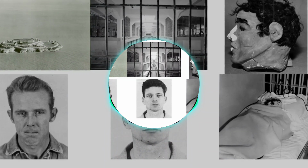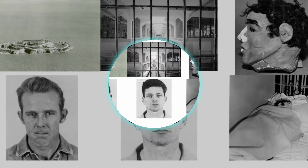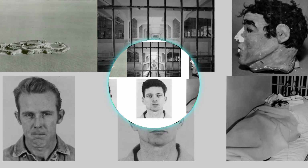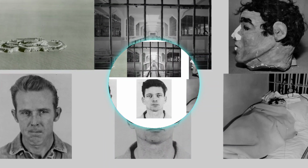That sheer determination, the incredible ingenuity against all odds. What does that tell us about, I don't know, the human drive for freedom? And maybe also about the limits of even the most formidable systems we create. It's a story that definitely sticks with you. Makes you wonder,